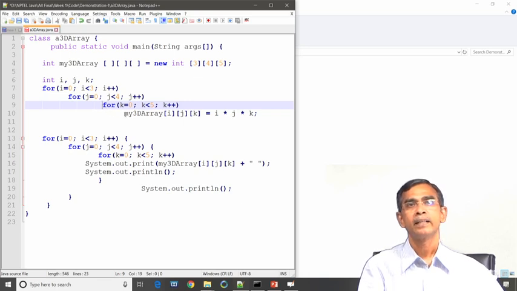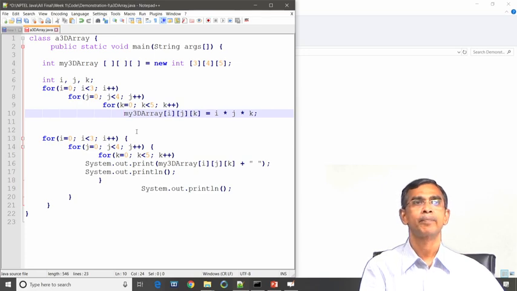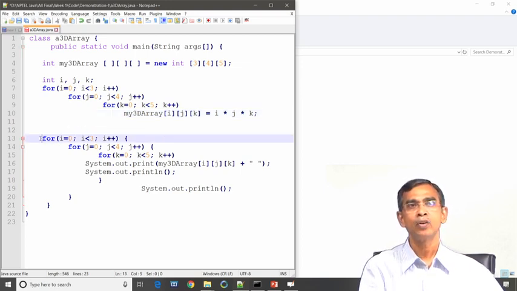And here the statement my3DArray[i][j][k], for any values of i, j, k, will be stored as the product of i star j star k. So, this way we initialize the array, and then finally, the next 3 loops again print the array.